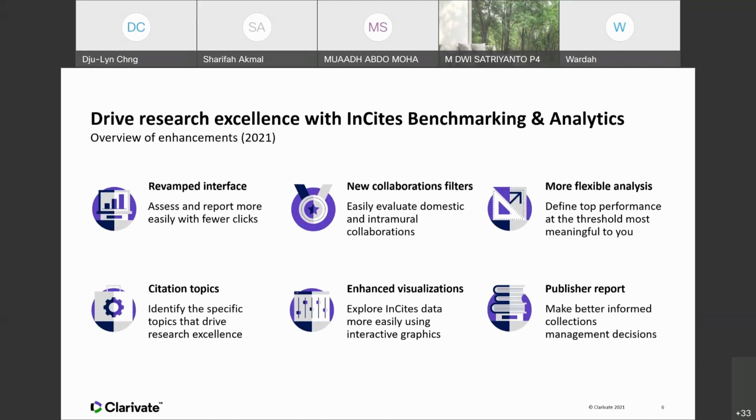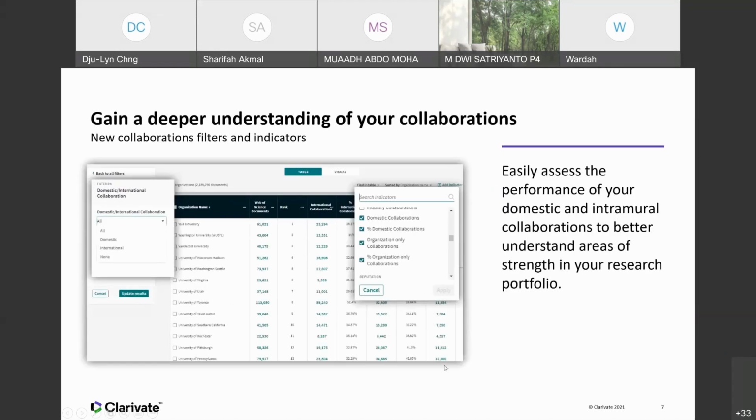Okay, it doesn't perform as a standard report. Okay, so I know there are other databases out there that allow you to retrieve standard reports very easily, but for insights, what it does is it gives you the flexibility so that you can do more detailed analysis on specific sets of publications. Okay. So what you can see here is that you can gain a deeper understanding of your collaborations. So on Insights, if you go into the platform, you can filter by domestic collaborations, international collaborations, and even reveal